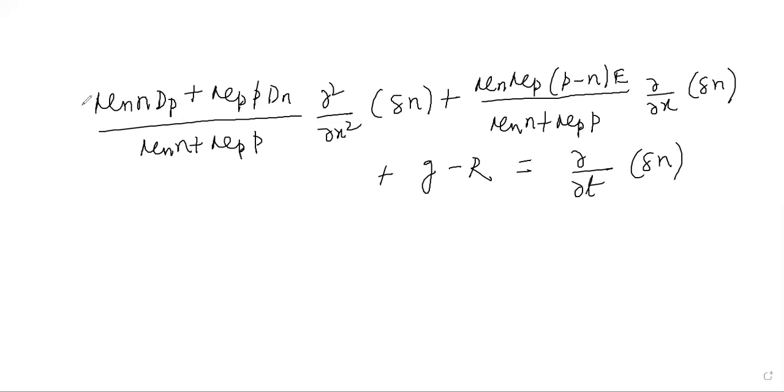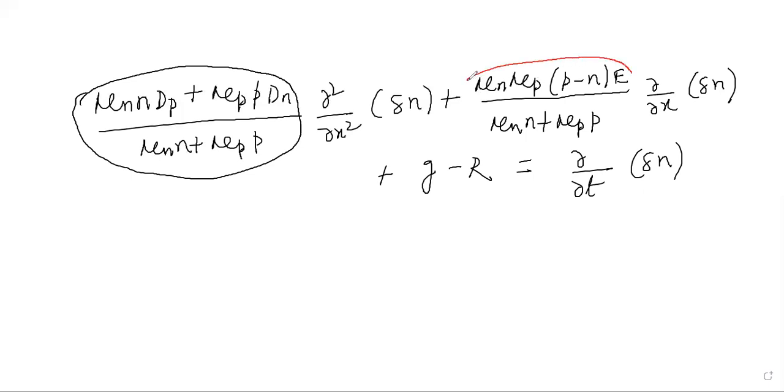If you see this whole thing as coefficient is multiplied with the second order, here you can see ∂²/∂x² of the excess carrier. Then the second term, if you'll see, this represents just like a mobility term. The first one was the diffusion term, right? Second one was the effective mobility term, right? And then your rate of generation is there, which is the third, and the fourth one is the rate of recombination. So that is equal to ∂/∂t of Δn.